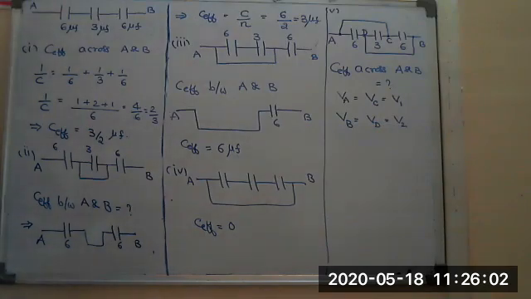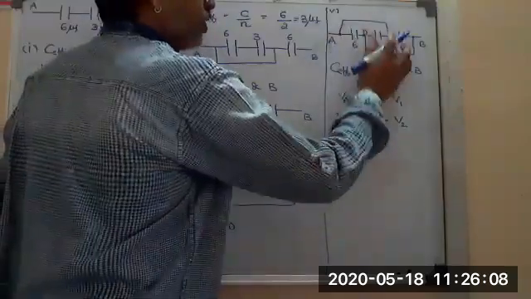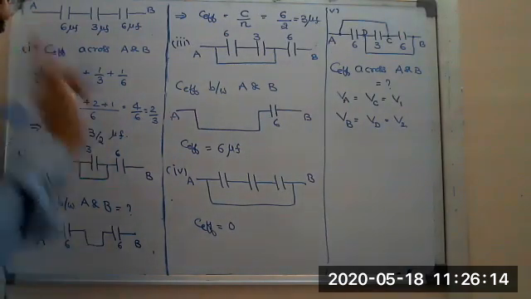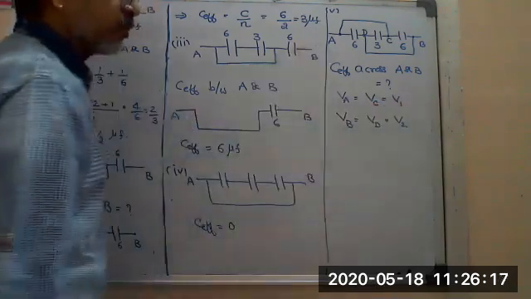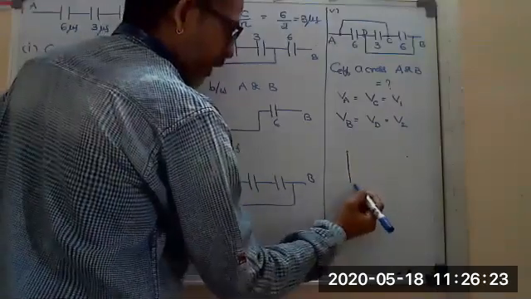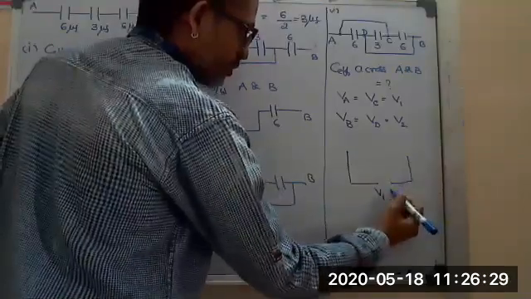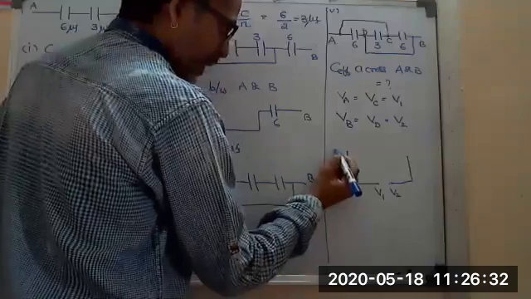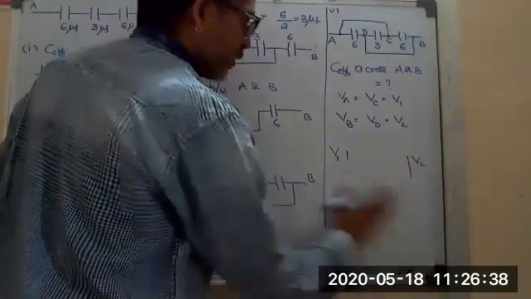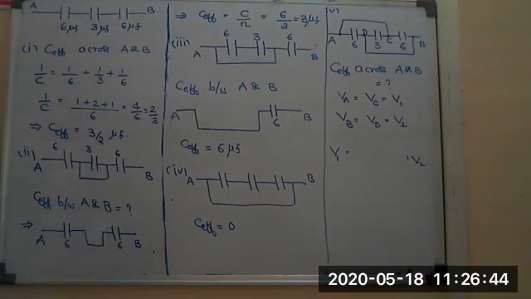Now you check once. There appear to be 4 points A, B, C, D, but in potentials I am finding only two, V1 and V2. So better I take 2 points here, one maintained at the potential V1 and the other at V2. Means here I am maintaining a potential difference of V1, there I am maintaining V2. So I think you can understand. Okay, simplify in this case, look at here, Nana.